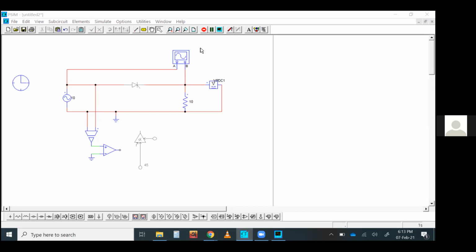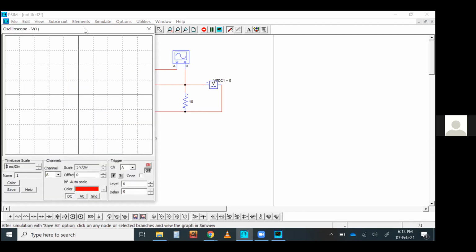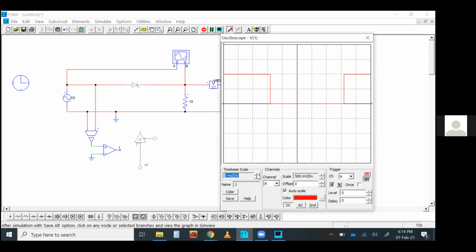Disable this and check the voltage here. We can see what it is doing.